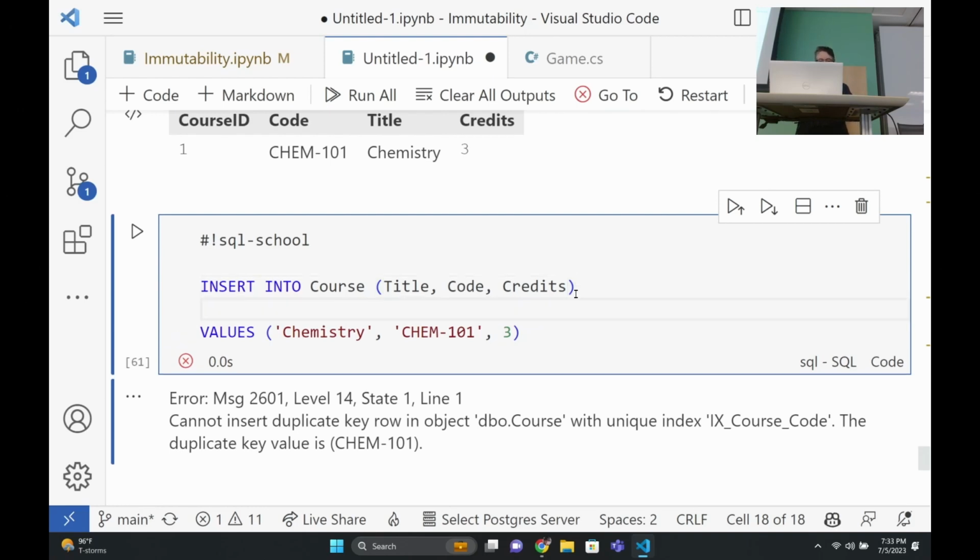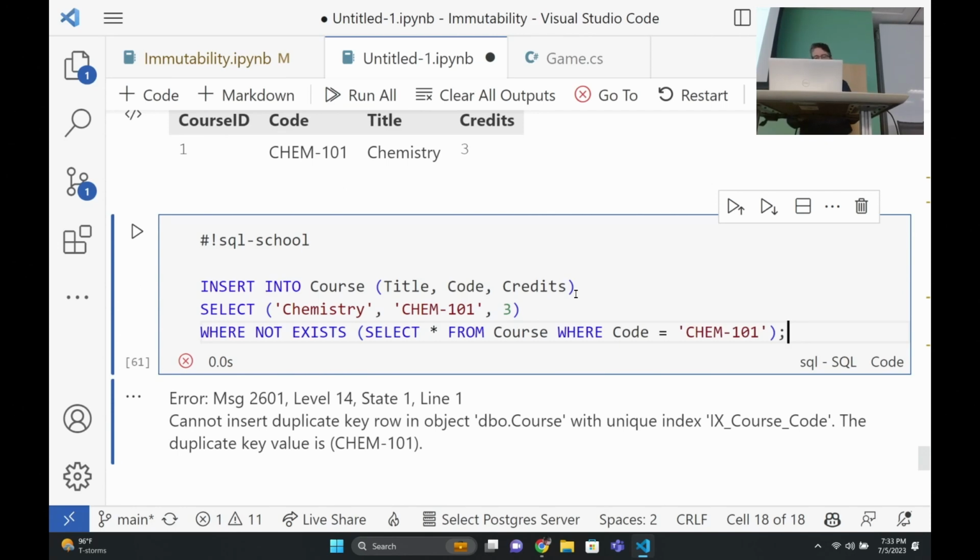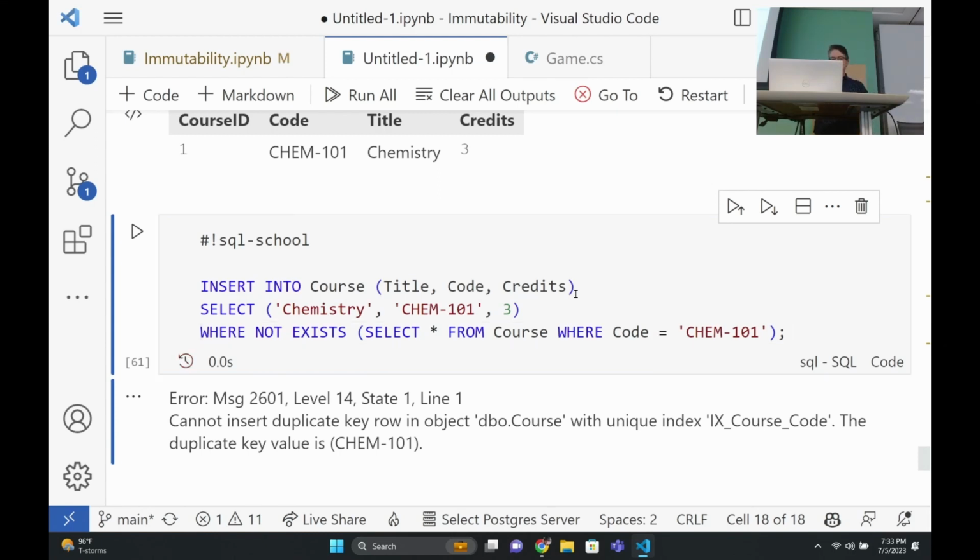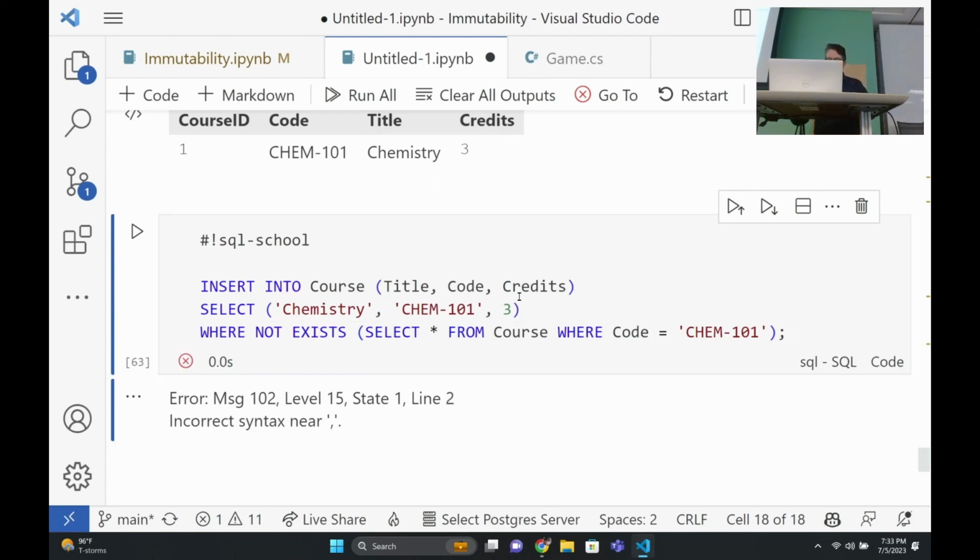And let's do select this where not exists, and one. So it'll insert it if it doesn't already exist. But if it does exist, it inserts nothing. And everything is okay. So now we can fix the